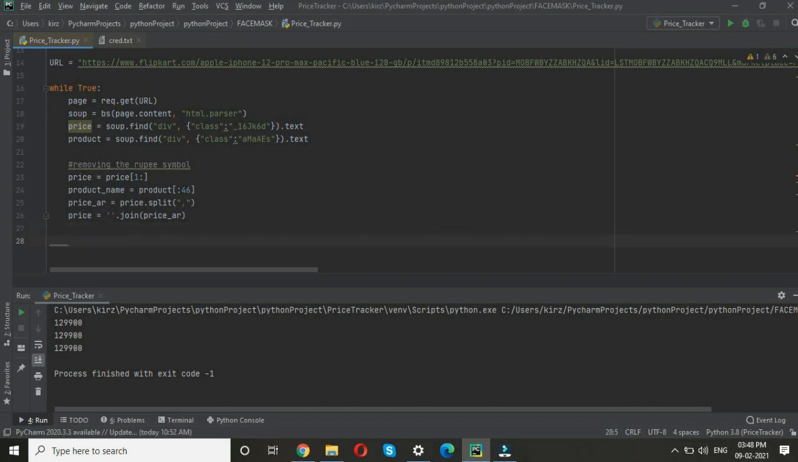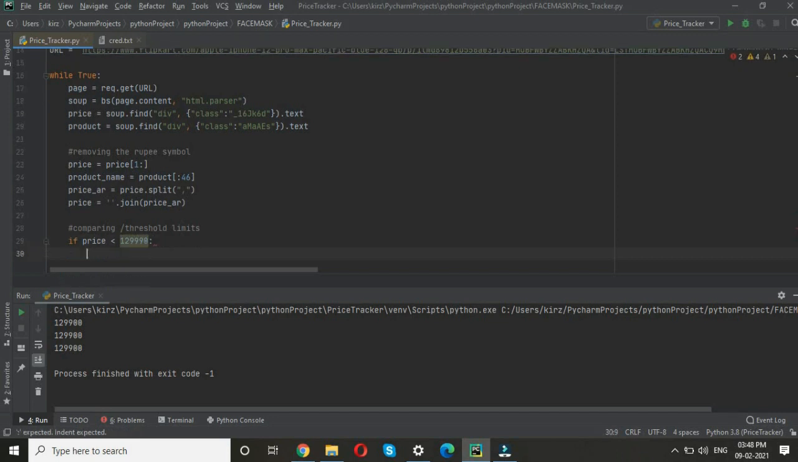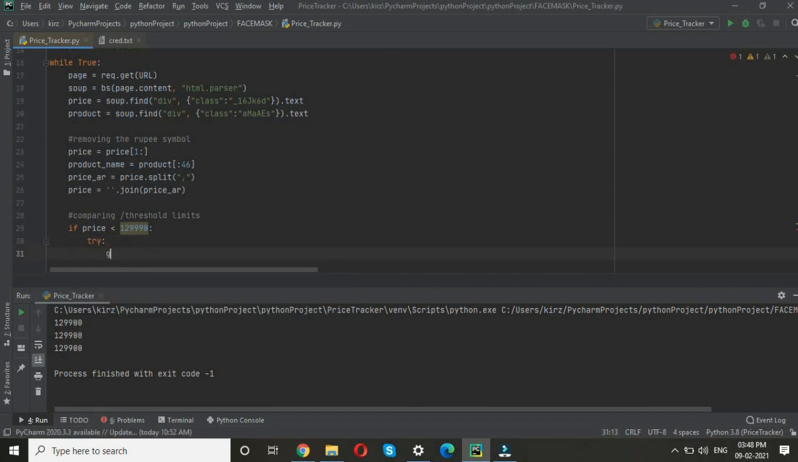Okay, now let's start with the comparing logic, or comparing threshold values, threshold limits. Okay, so let's say that if price is less than 129990, then do this. So let's use the try block to send an email. So let's use the library. So Gmail is equal to smtplib dot